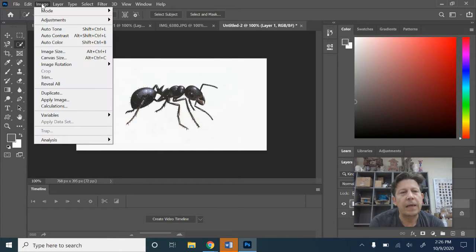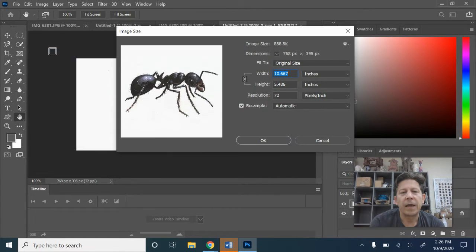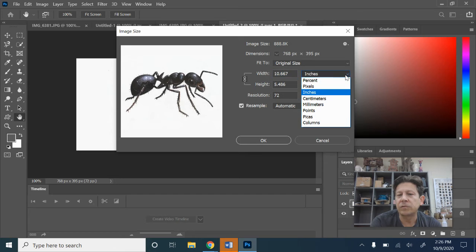So I'm going to click on image and I'm going to go to image size. And then when I click on image size, it's going to bring up this information about that picture. You can see that picture is 10 inches wide by 5 inches high. So that's a pretty big picture. I can also switch this to percents, pixels, centimeters, millimeters. So in this case, I'm going to stick with inches for myself, but I want to make it much